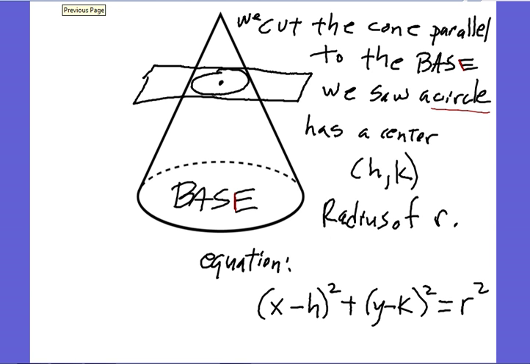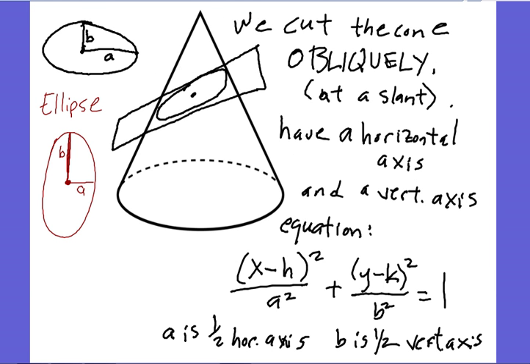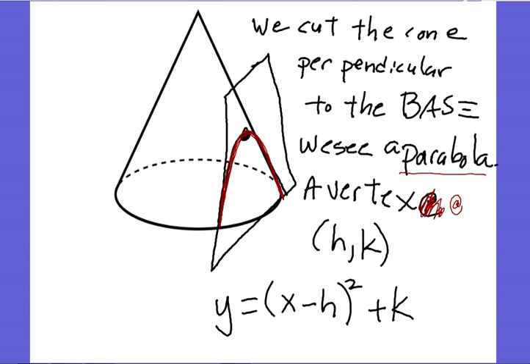So look at this equation for the circle. What do you notice? What are the big features here? They're both being squared, and more importantly, they're both being added, and it's going to be equal to a number, probably a large number because it's going to be squared. However long the radius is, it's going to be squared. What are the big features from the equation of an ellipse? The divided by, and more importantly, it's equal to 1. And what are the big features for